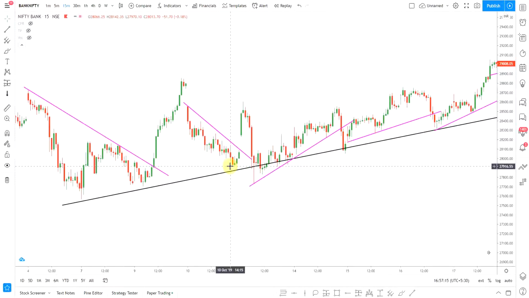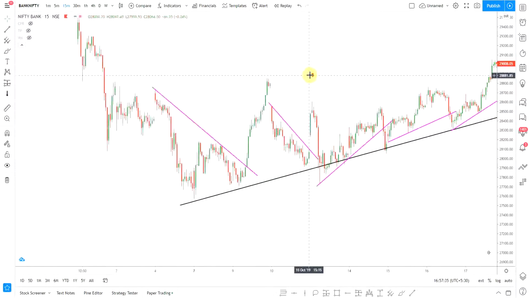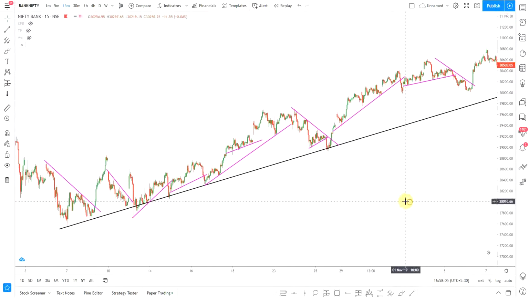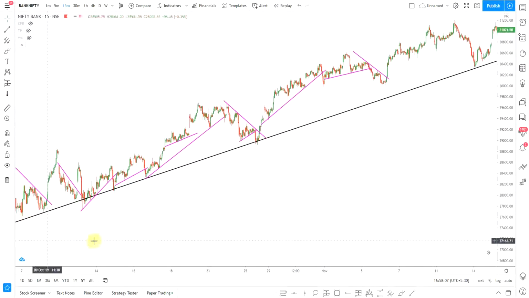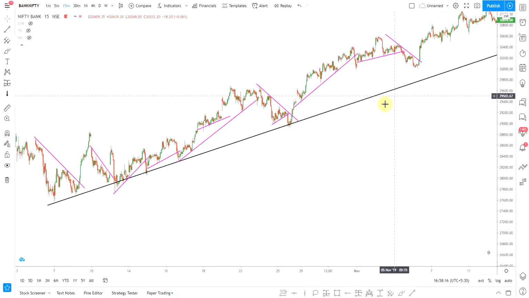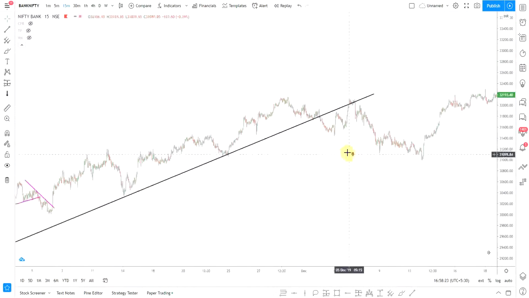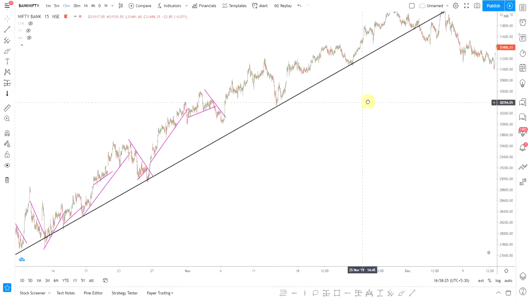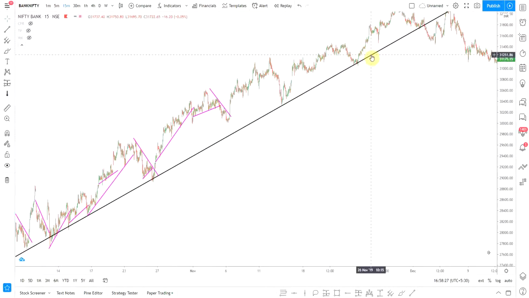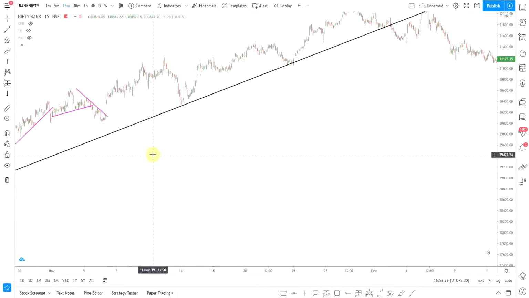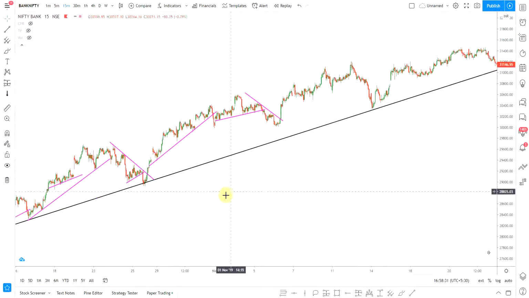The larger the time frame you use, the stronger the trend line you get. The smaller the time frame you use, the weaker the trend line you get. That must have sounded a bit confusing. Let me just explain it. If I zoom out on this particular trend, you can see how many touches the major trend line got. It got 9 touches, and on the 9th touch, it actually gave a breakout. So the larger the time frame you use, the stronger the trend line you get. And the smaller the time frame you're using, the weaker the trend line you get.